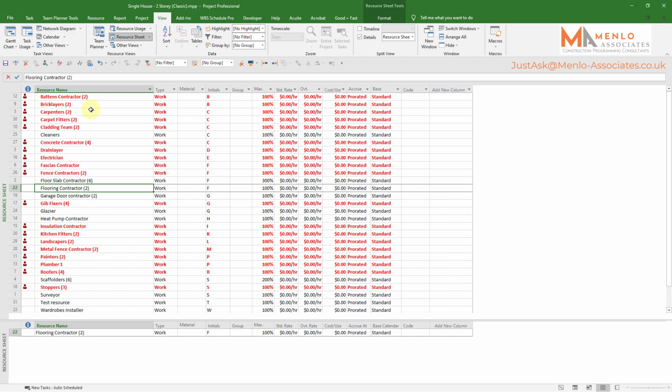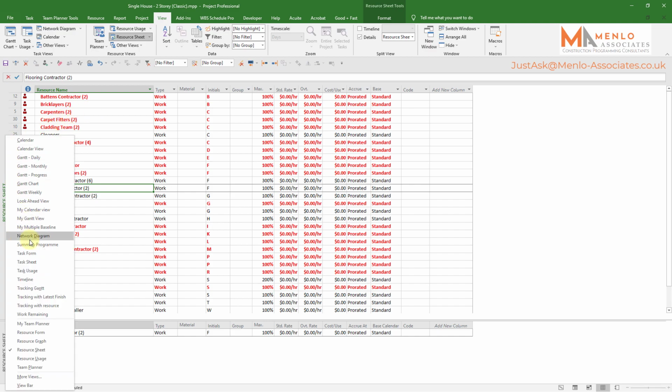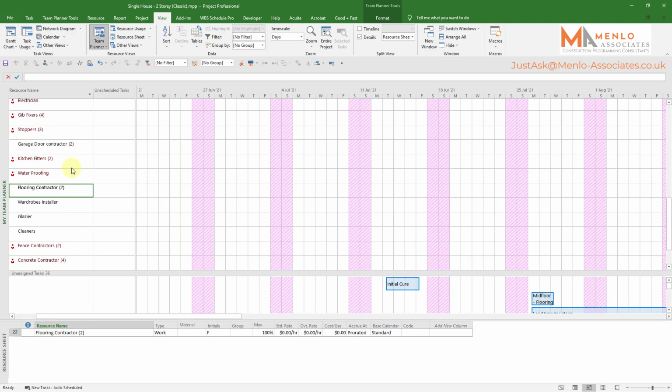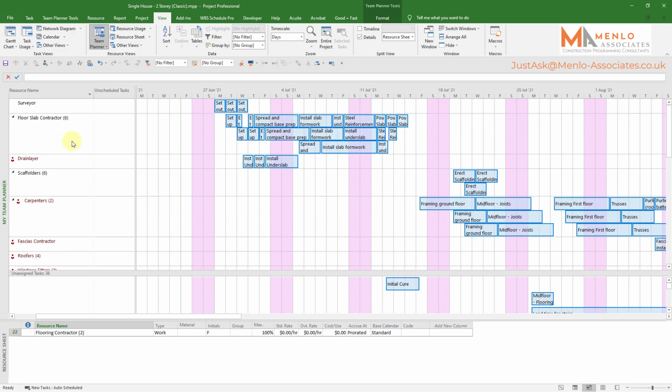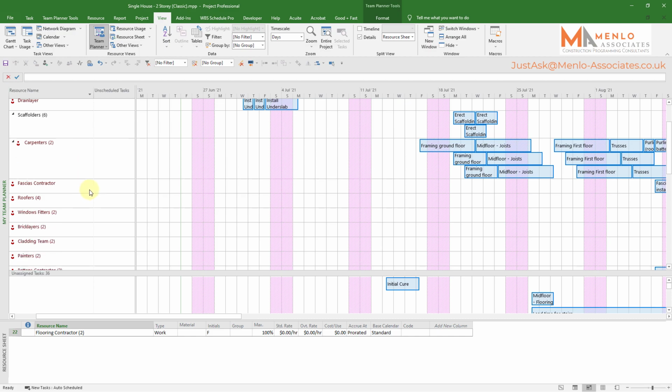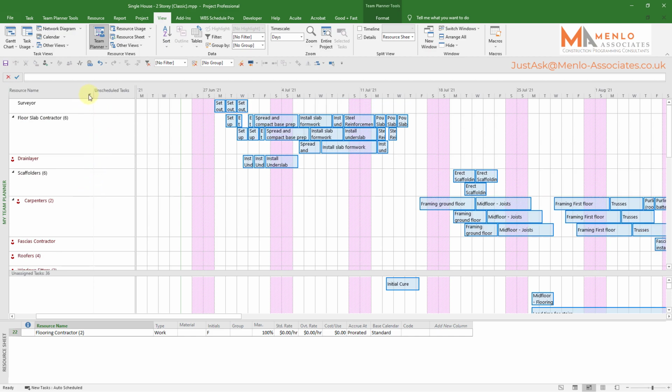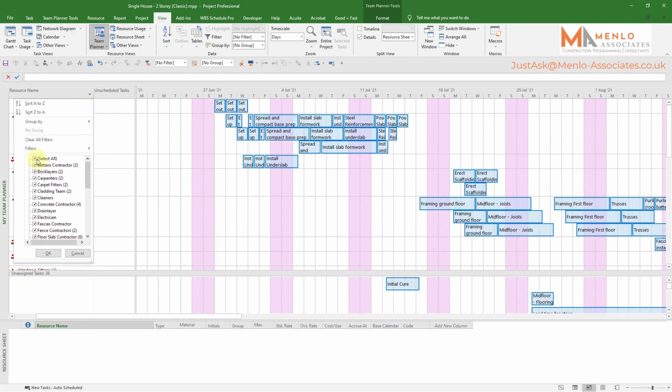Welcome back. Now we're going to pick up where we left off, and the first thing I'm going to do is go back to the team planner view. And if we just concentrate for the moment on the carpenters and have a look at the carpenters. Now, as with every other Gantt chart, I think we can filter this. So if I just filter this now for carpenters,